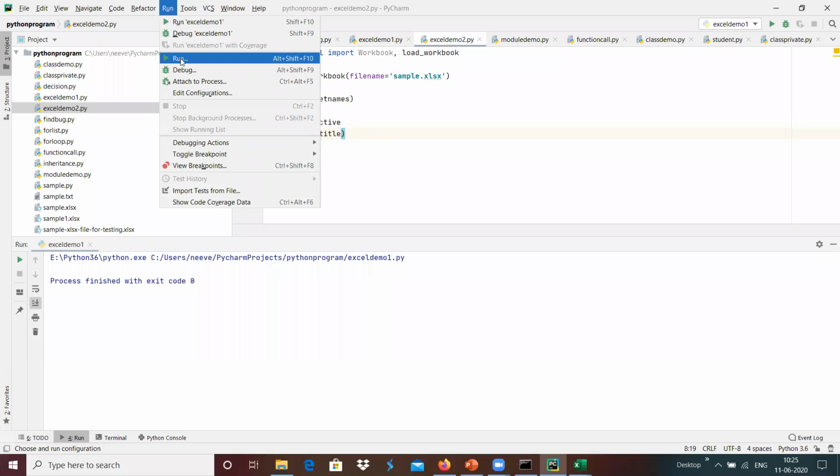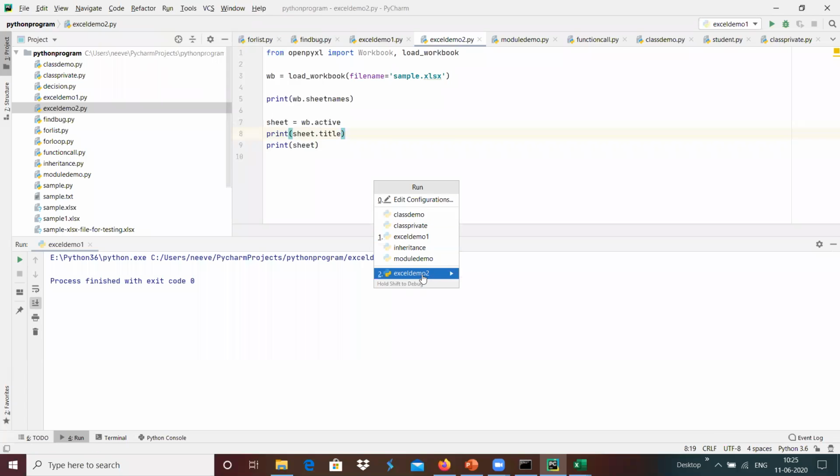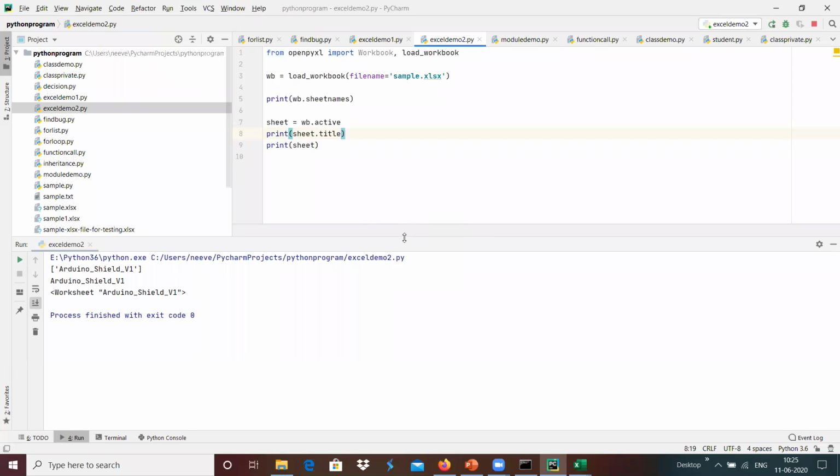Now I'm going to run this demo, Excel demo 2. Yeah, which basically provides the output information, something like sheet names.